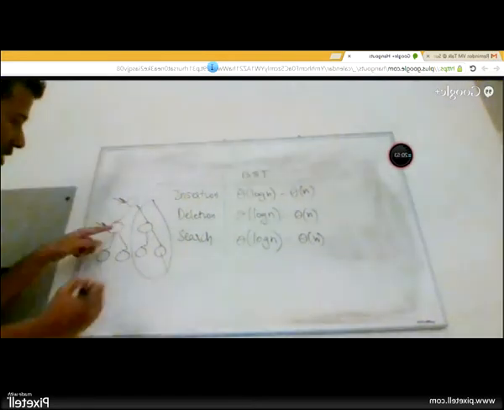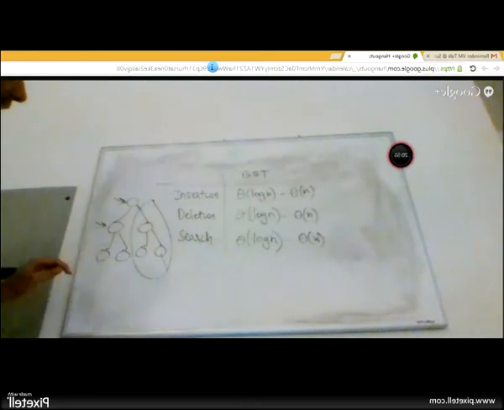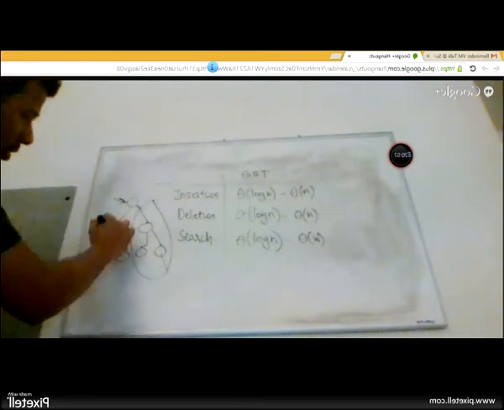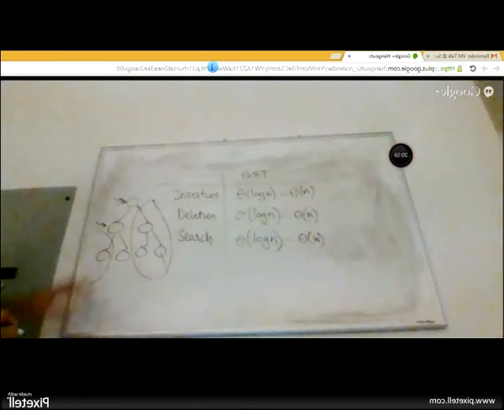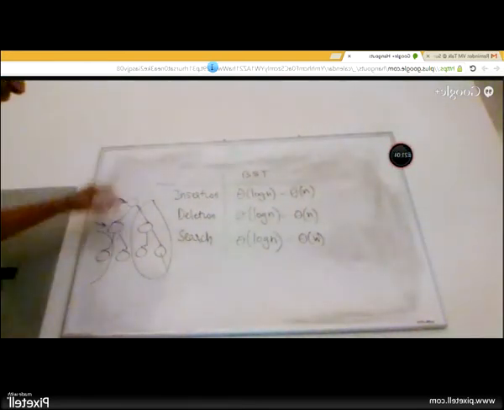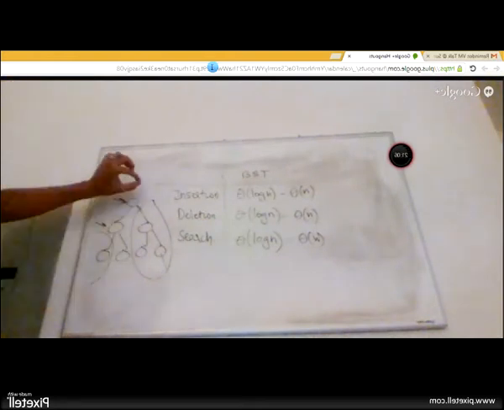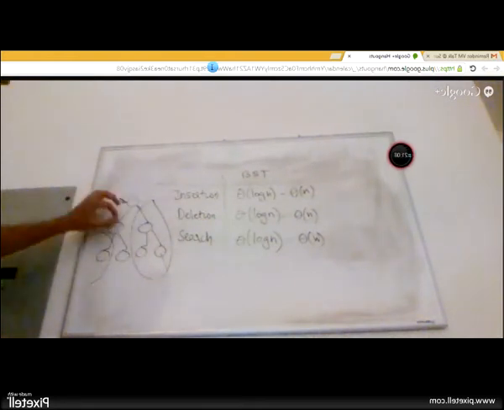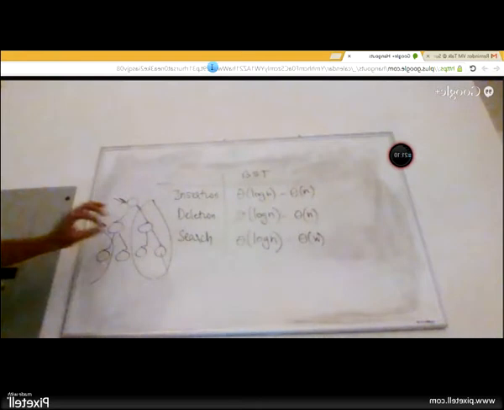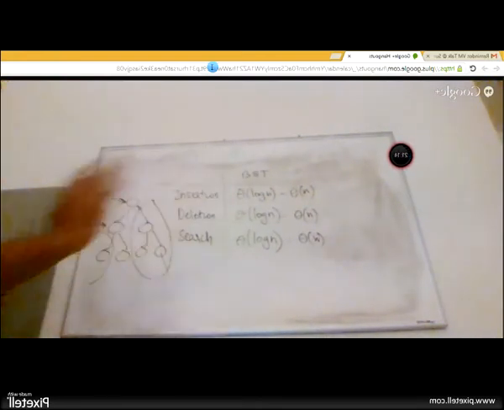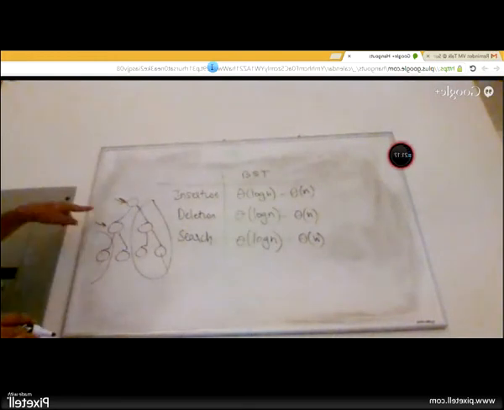Again, once you're here, you decide whether to go left or right. If you decide to go on the right, then this node you will never visit. Or if there was a subtree here, you will never visit. So the number of nodes that you visit anytime you have to insert, delete or search is completely minimal, right? Unlike linked lists or arrays where you have to traverse through the whole thing. It doesn't really matter in this case.